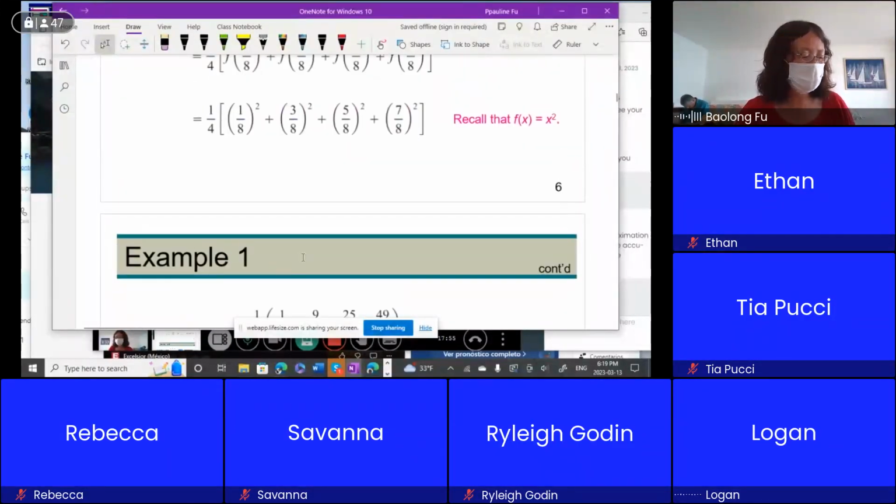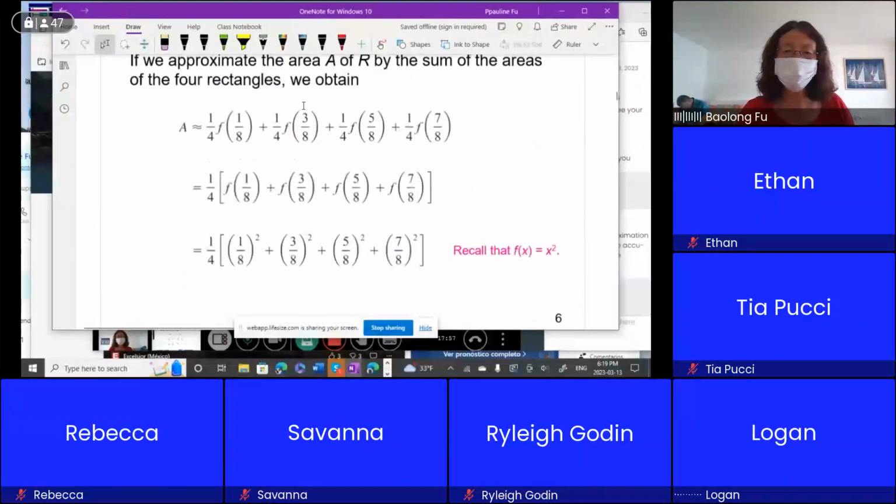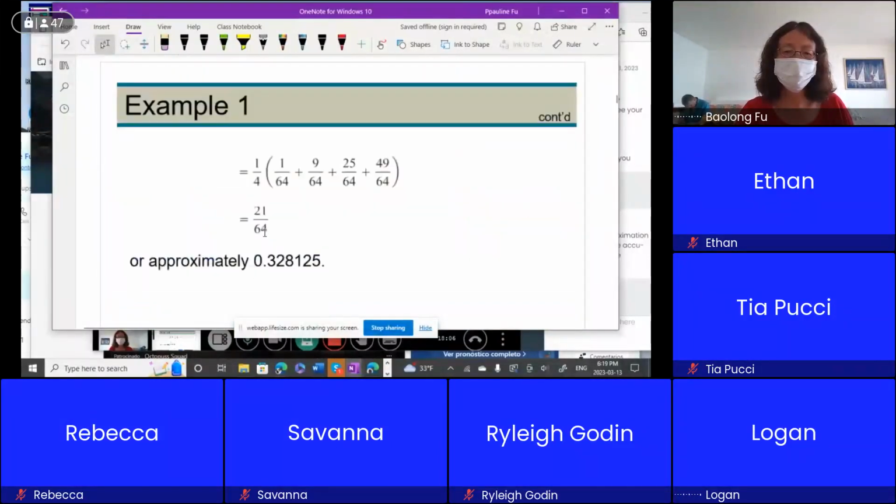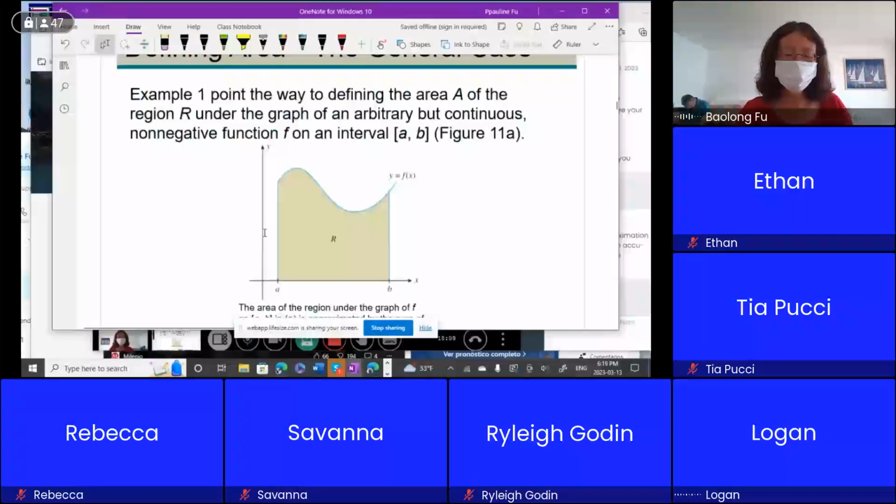By the way, you can use Excel to facilitate this calculation, this part here. Okay, so generally speaking, if you have function y equal to f(x),